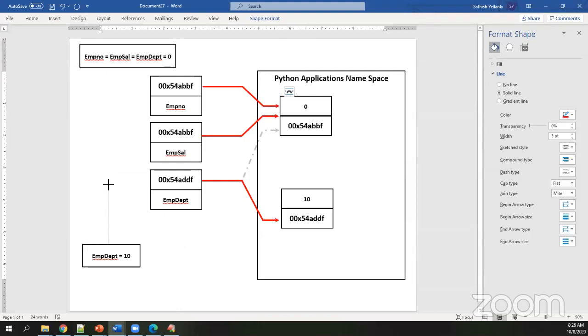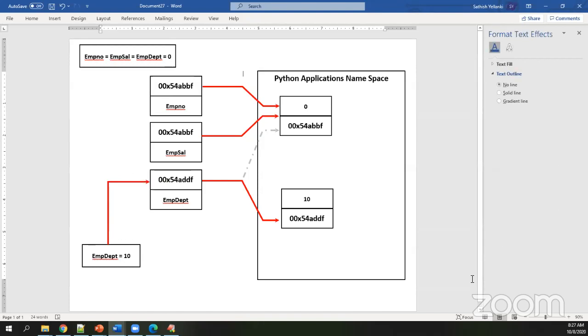Are you getting me? A wonderfully managed architecture internally by itself.